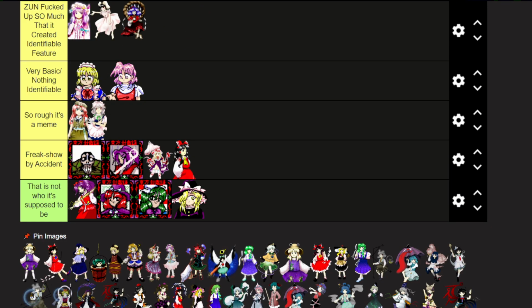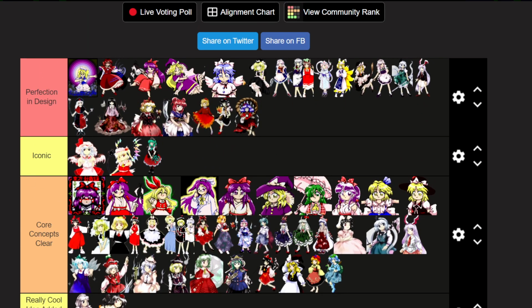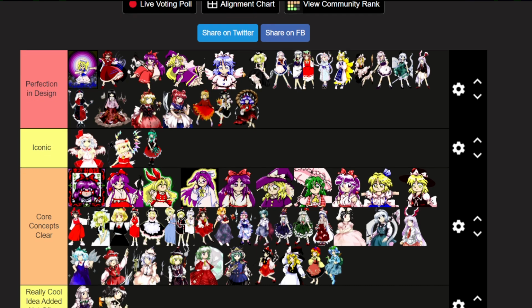Kanako? Kanako's design is actually swell. The only thing is I don't think Kanako is a very good looking character in general, but she does have a very good pose, and you can see everything you need to see about the character. Her hair is massive, by the way. I don't know if I call her pose iconic. I mean, you probably could argue it's iconic for her, but it's Kanako. So,